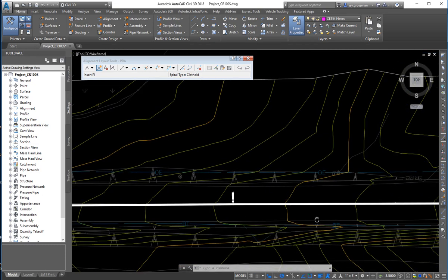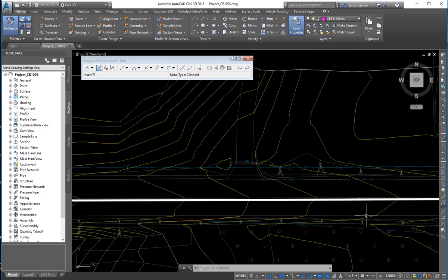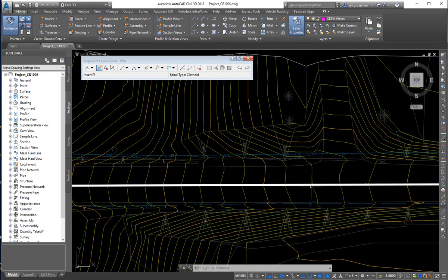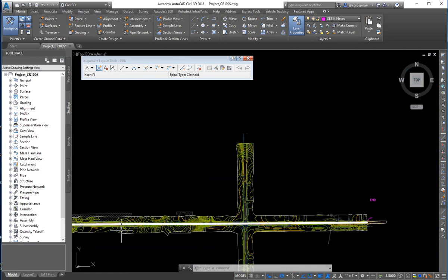And you can see I'm right on top of the center line of the road. Again, at least I was for a while. This road moves around a bit, and then back here we're back on it, and it comes through the intersection. So I put in one curve